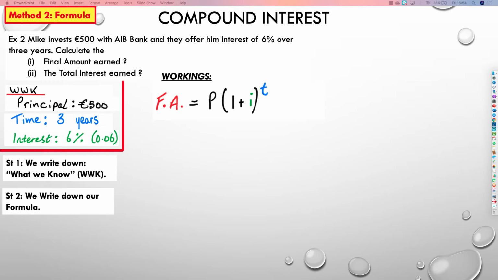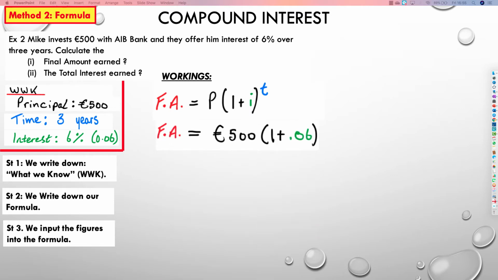What did I tell you P stands for? Principal. What's the principal? The money you start off with, the money you invest at the beginning, €500. What does I stand for? Interest. What's the interest here? 6%. What does T stand for? The amount of time. How long does it invest for? 3 years. So you can simply put into your calculator 500 times (1 plus 0.06)